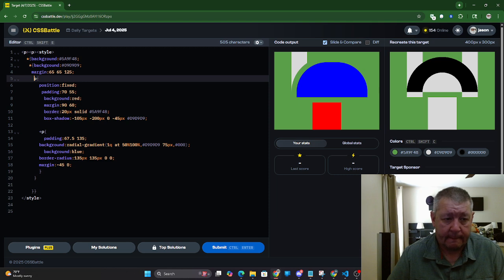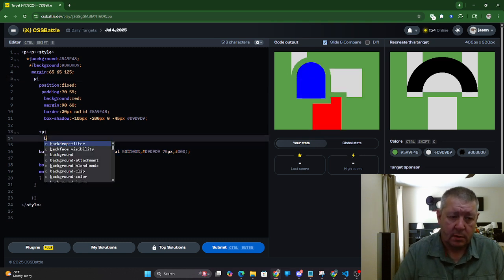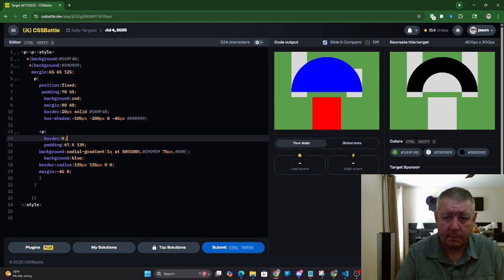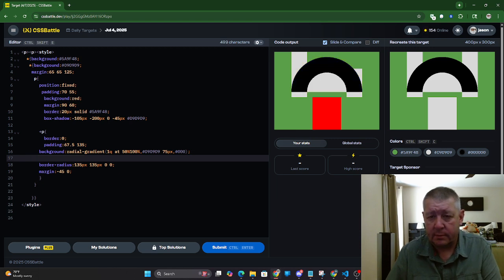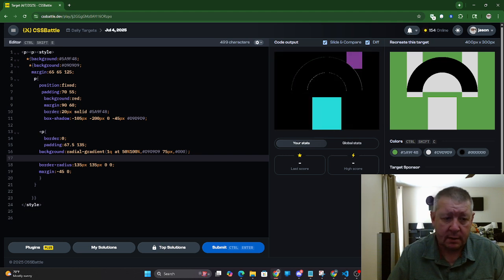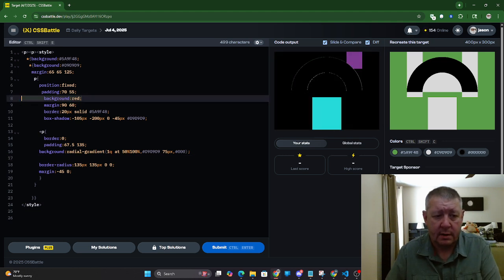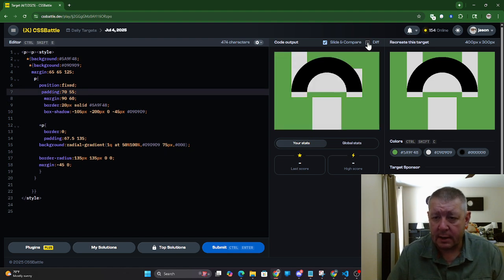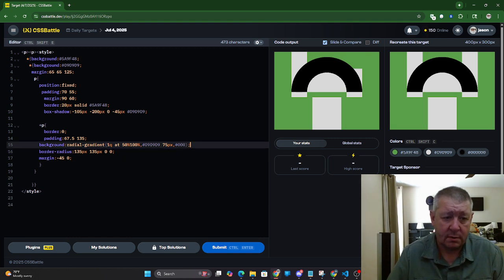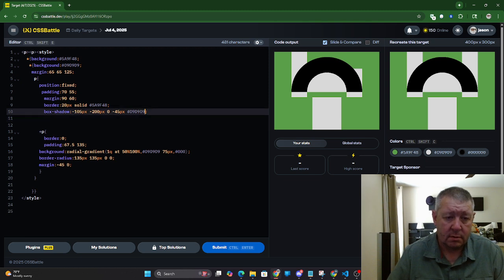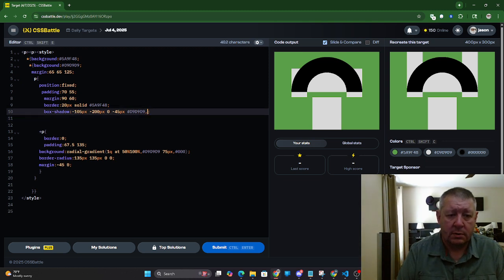Okay. Now, order 0. All right, let's get rid of background blue. And that thing's back. Let's get rid of background red. That thing's back. Now everything is matching except for this one, which I should be able to do with another box shadow. Which is going to be